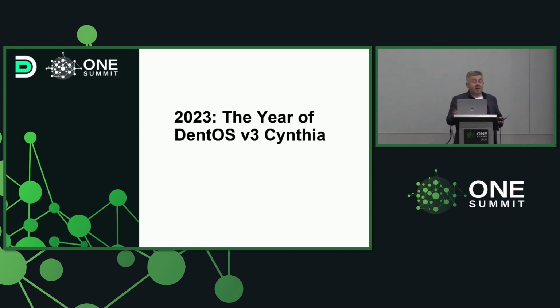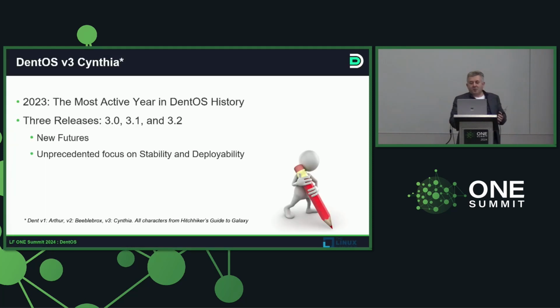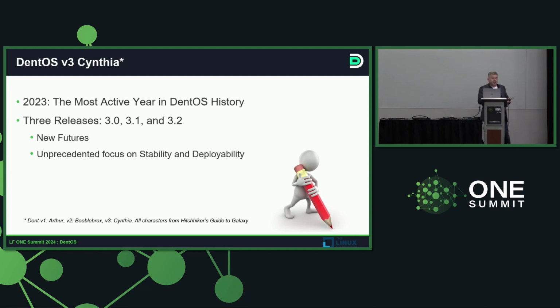In 2023, last year, we had a few releases. We call them Cynthia. By the way, all these names come from a well-known book. If you're wondering, I think Cynthia is mentioned at the edge of the restaurant in a well-known book series. Cynthia had 3 releases. We call them 3.x. It included a bunch of new features, as well as a really focused effort on stability and deployability. It's not just making the OS available for networking, but making sure that it is really deployable and usable in real stores, real environments.